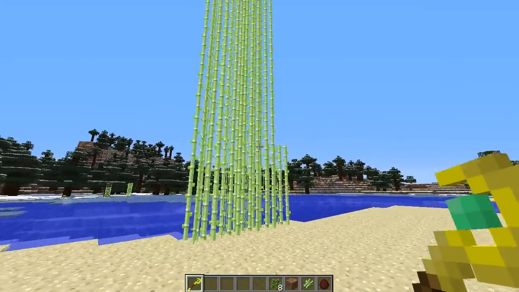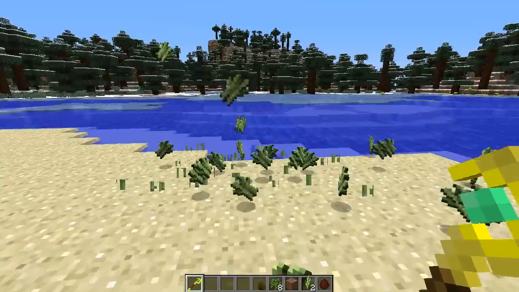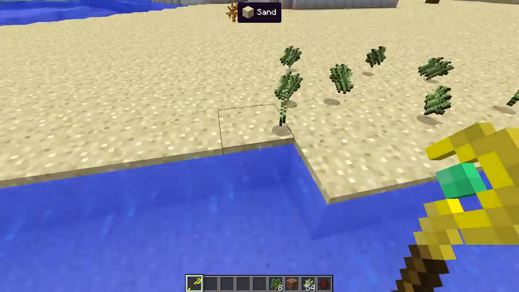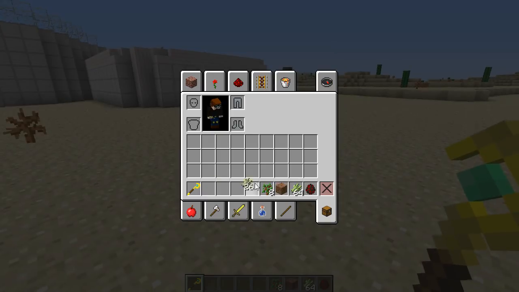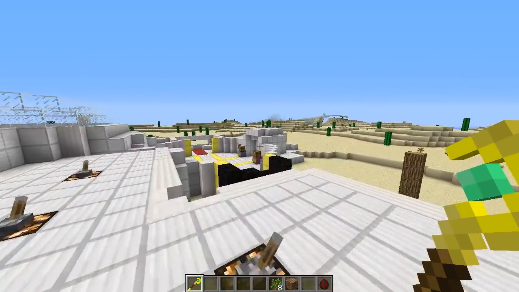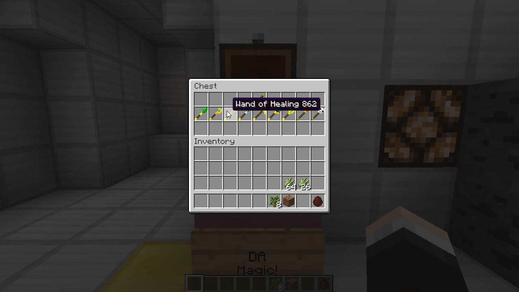And obviously you can do the sugarcane anyway, but if you right click, it will pop all the sugarcane down, but you can kind of do more than one at the same time. Look how many sugarcane this is. Oh my god, we've created a sugarcane monster. Look at that, almost a stack and a half. That is crazy. Let's put that up there for a sec. And we also got loads of saplings from that as well, which is really cool. So that is the Wand of Harvesting, and now we're going to move on to the next one,